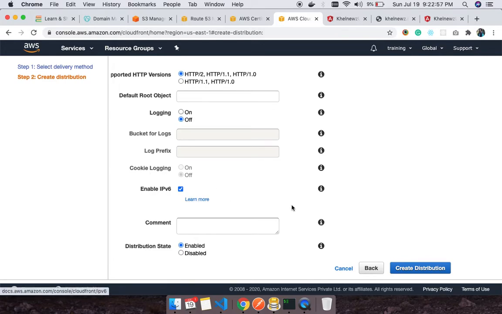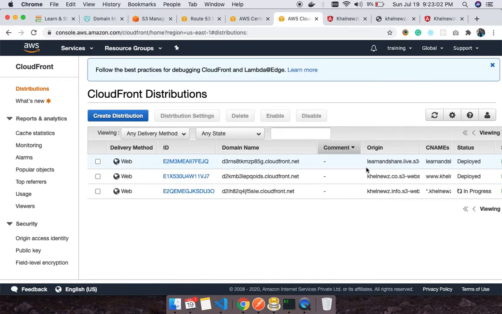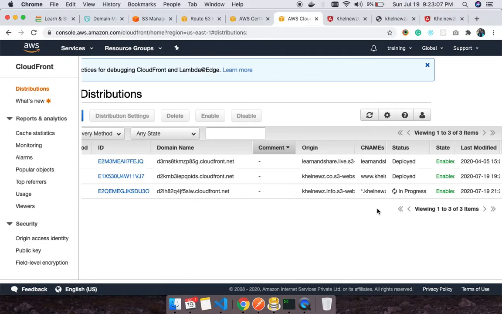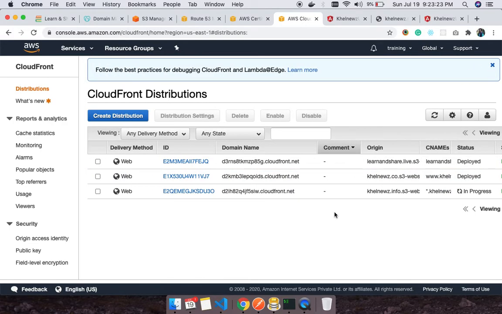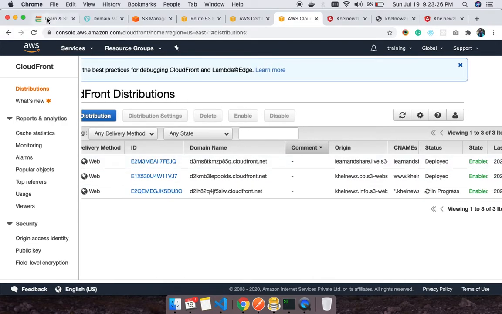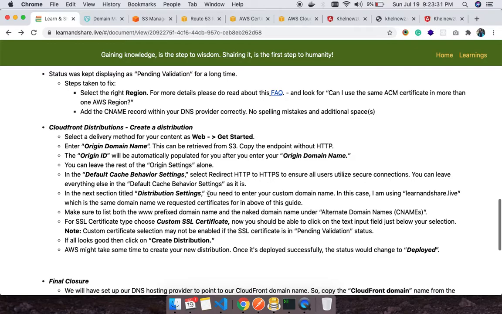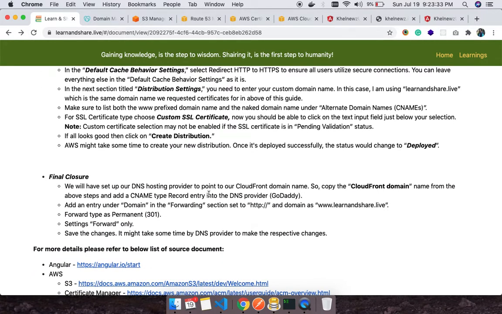I'll keep all this configuration as it is, and we'll create a distribution. It might take some time, because it takes some time to reflect all these changes. As you can see, the status is in progress. Once this is done, the status will be changed to deployed. Once that is done, let's see what is the next step. I think this is pretty much it. Once that is done, we should be able to access the application